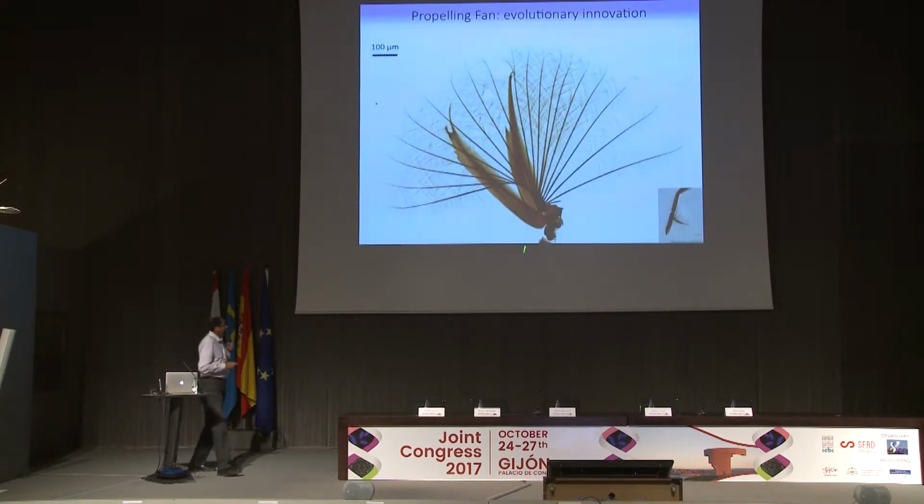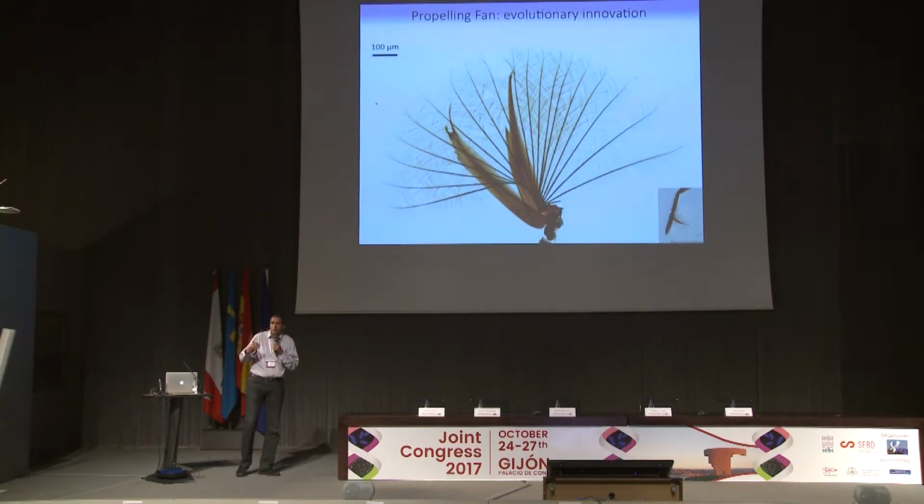This is how the fan looks. Now when you dissect it and take it out of the leg, these are the claws, these big structures here, and the fan is this very complex, very neat system that is formed of these plumes. They have primary branches and very thin secondary branches, and it's actually a structure that the animal can deploy or retract. If you look closer, the tip of the leg is forked and there's space for it to be parked or deployed.